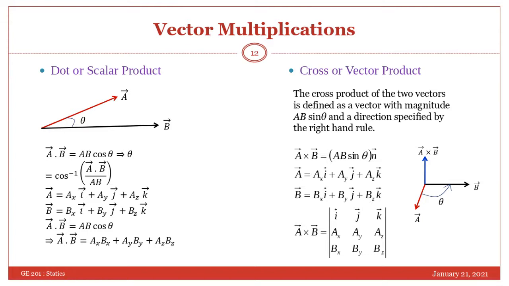But different from the dot product, when you have the multiplication of different unit vectors, for example, if you multiply vector I cross vector J, who will tell me what will be the answer? When you multiply, 1, I think. 1, how come it will be 1?